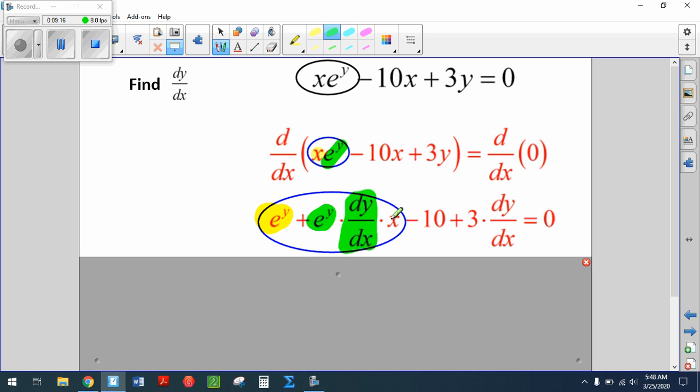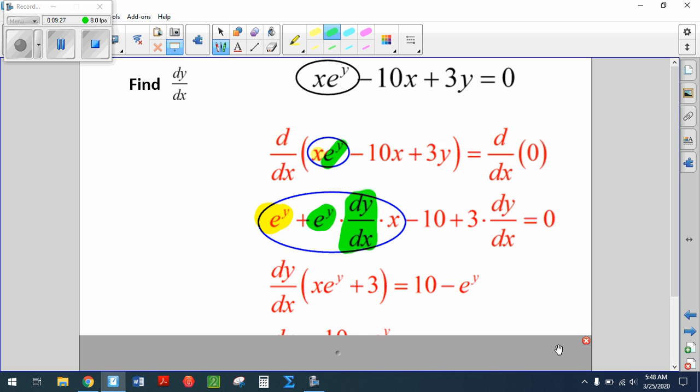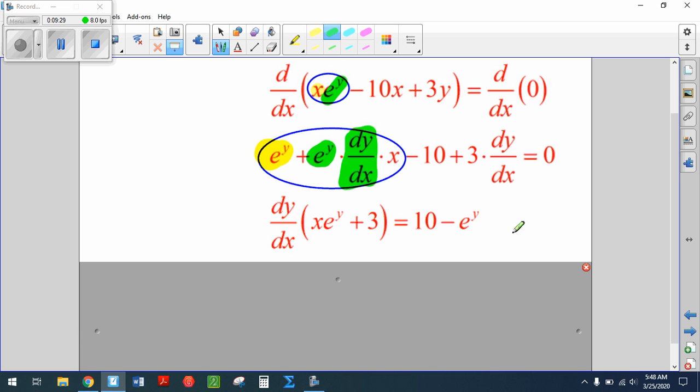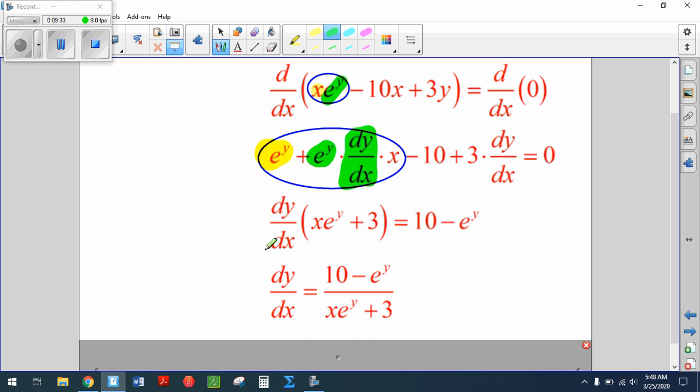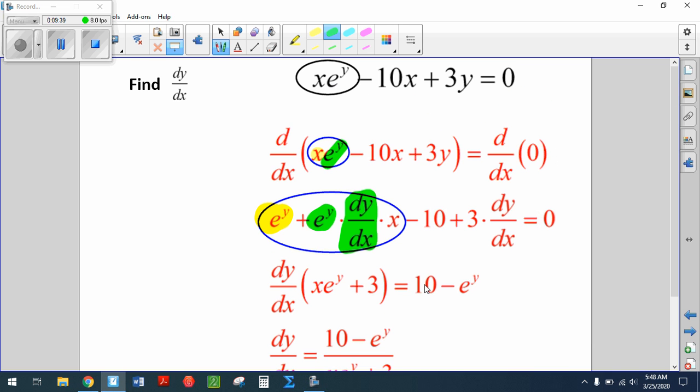There's the x. And the derivative of minus 10x is minus 10. The derivative of 3y is 3 times dy dx. So we get the dy dx by itself. There's 2 of them, so we can factor them out, put everything else on the other side, and you wind up with that expression for your dy dx. Again, go back through that, make sure you understand the connection between implicit differentiation